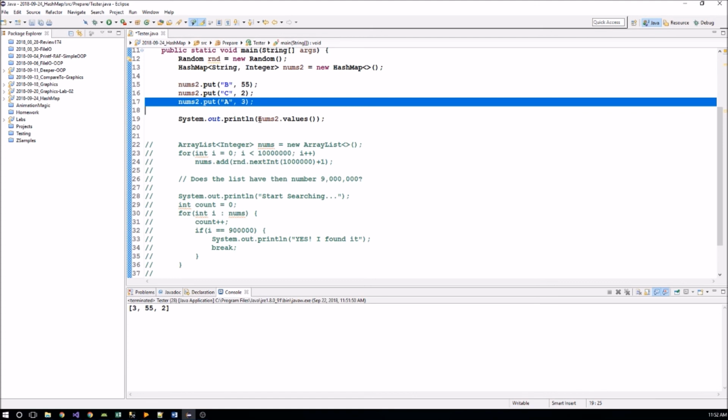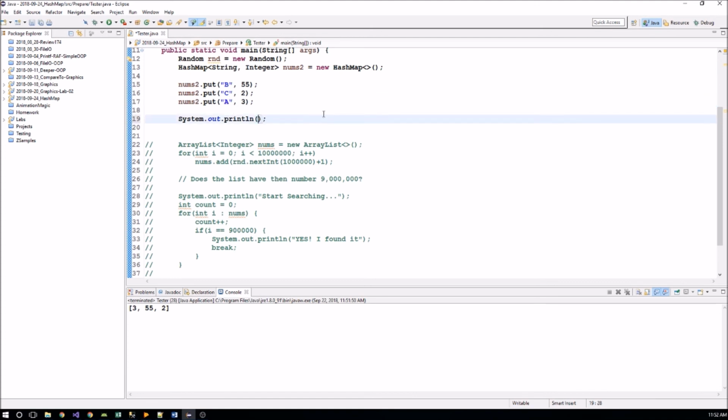Well, I can do this. I can say system.out.println nums2.get, and then it wants the key. So I want C as my key. I want to find C. The value comes out as 2. It's right there. Now, if you think about this in terms of a huge list, like the one we'd have down here,